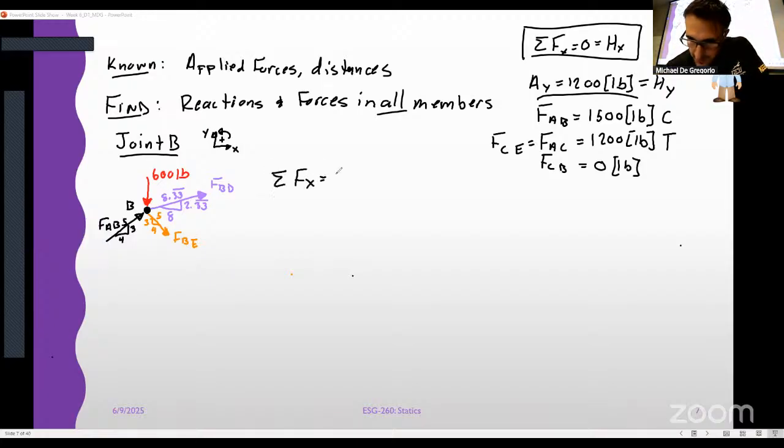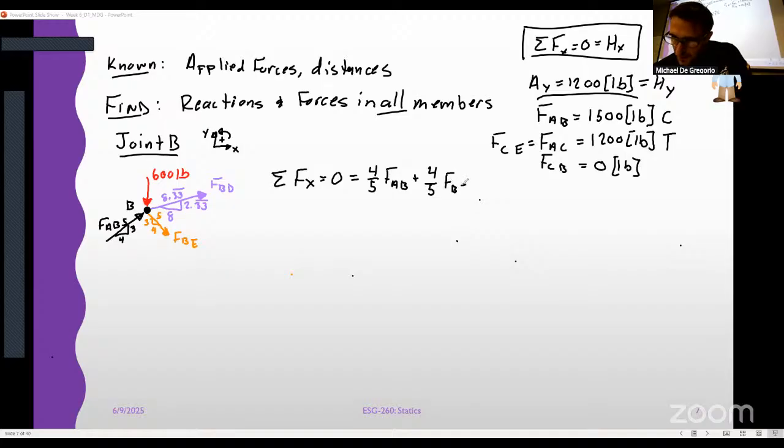So if I sum the forces in the x direction, set it equal to 0, I get 4/5 FAB, right? Because that's pointed in the positive x direction, plus 4/5 of FBE, plus 8 over 8.33, repeating, of course,